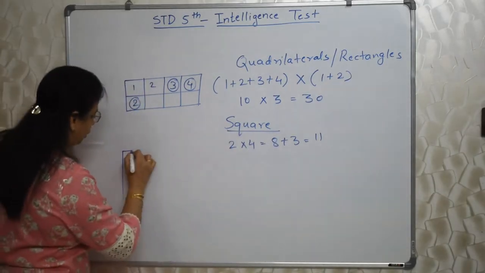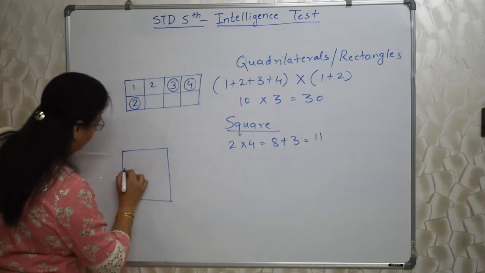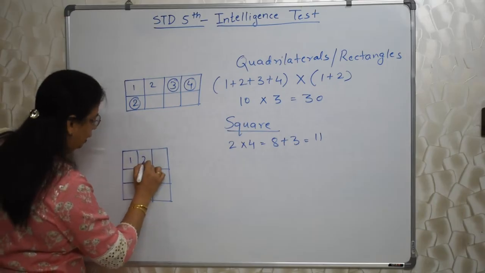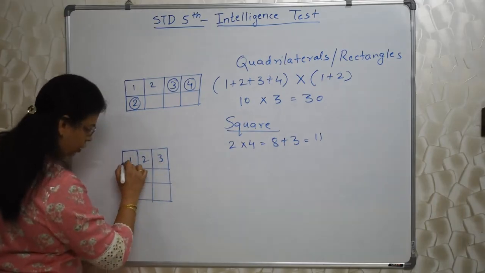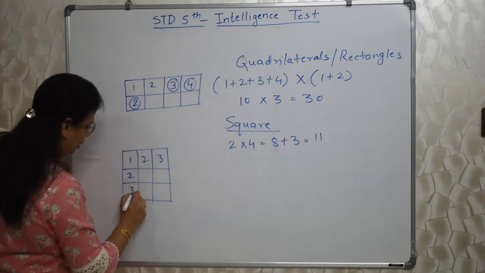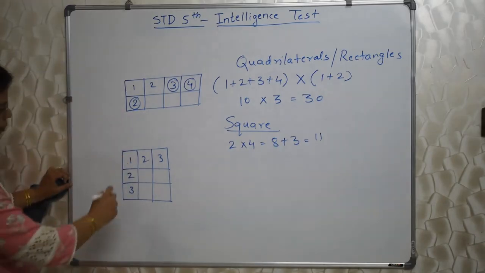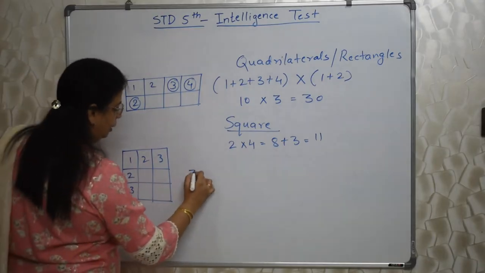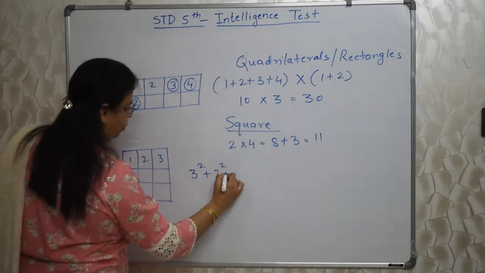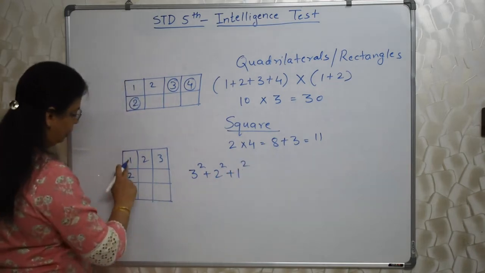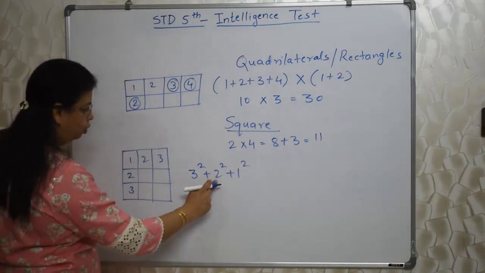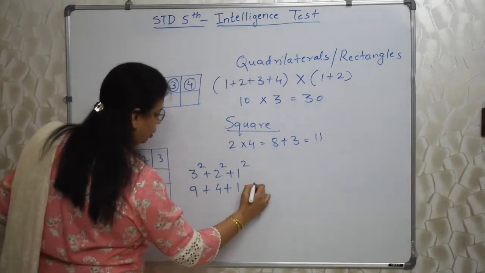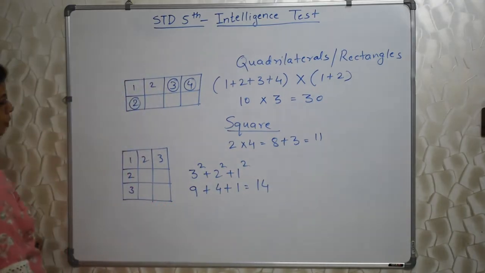In case they give you a square like this, 3 by 3, 2 by 2, 4 by 4, whatever, but as many sleeping rows as there are, there are that many standing rows. So it is basically a cube. In that case, the formula is 3 square plus 2 square plus 1 square, because maximum 3 are there. So 3 square, then 2 square plus 1 square. So answer is 9 plus 4 plus 1. So answer is 14. Right?